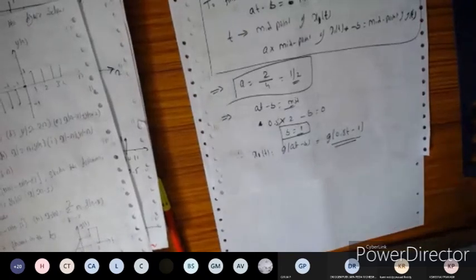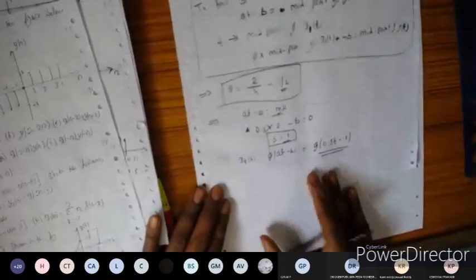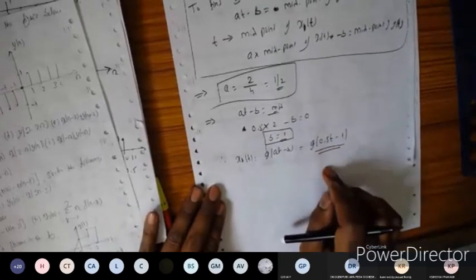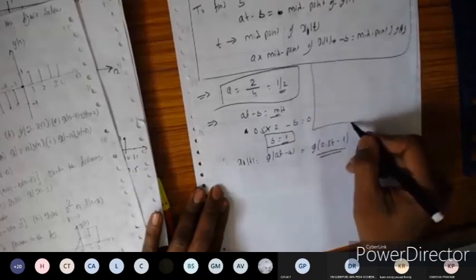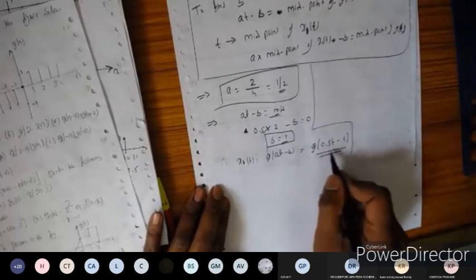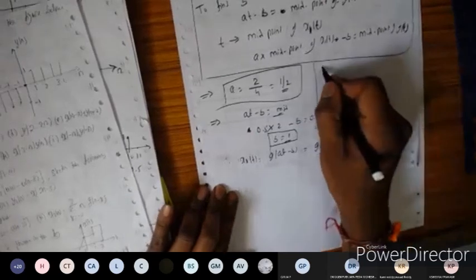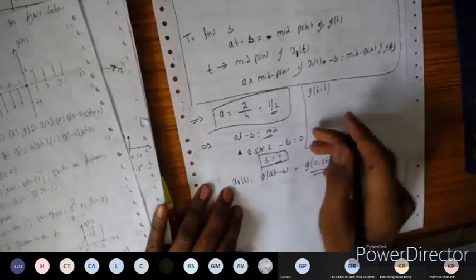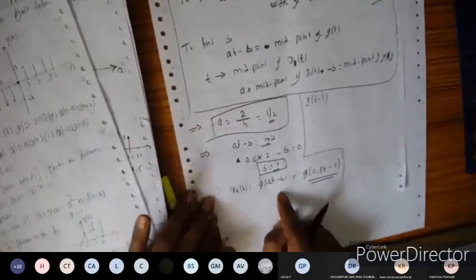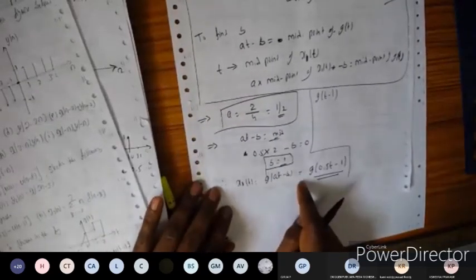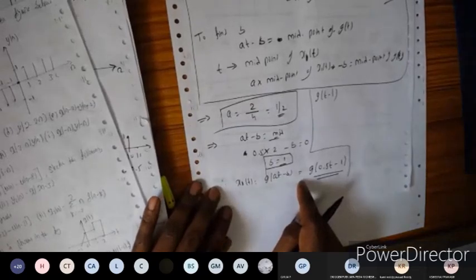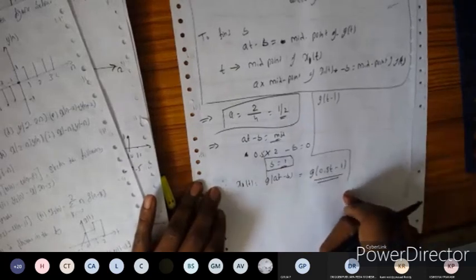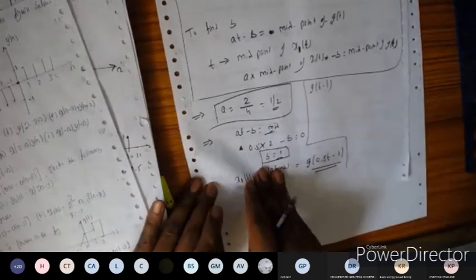Then we can find out like this here. So got it? Any doubts? Okay, so let us verify this in the waveform format, whether we get the same by applying this operation. First, I'm going to do g of t minus 1, the time shifting operation. Any doubts with this concept? If you have any doubts, you can ask me. I'll take 2 minutes to verify, and the remaining problems I'll continue in the next class.